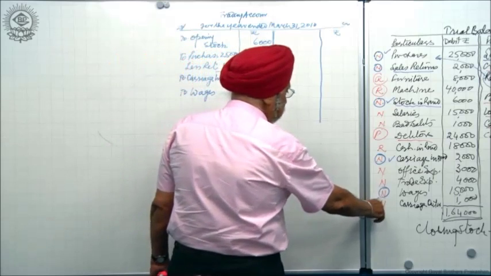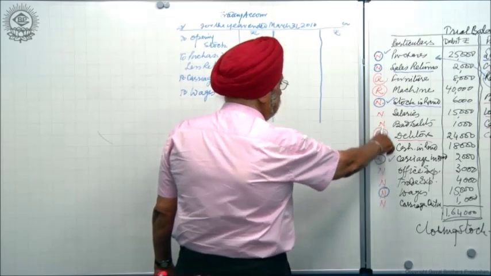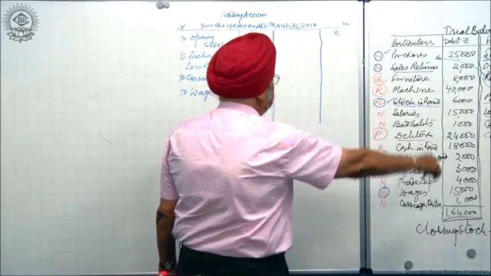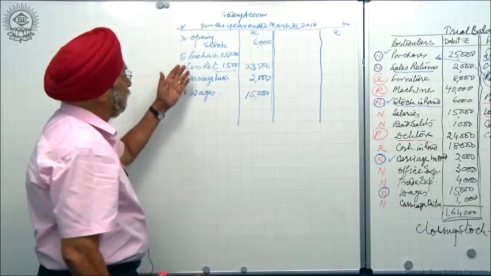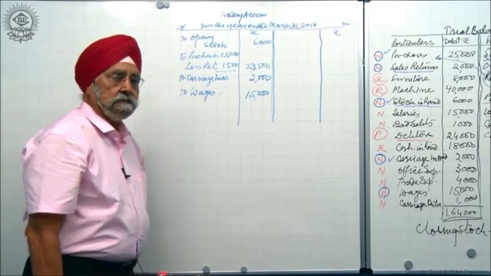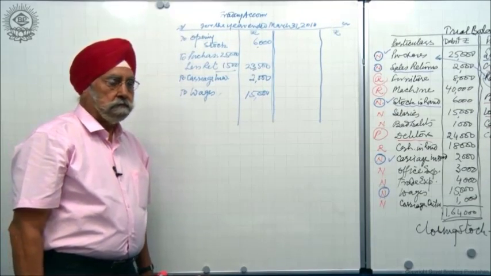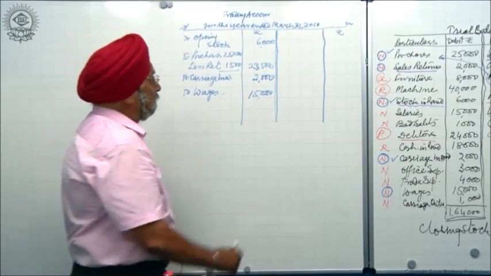So I've written wages, I've written carriage inward, I've written stock in hand, I've written purchases less purchase returns. These are my direct expenses. Now on this side, I